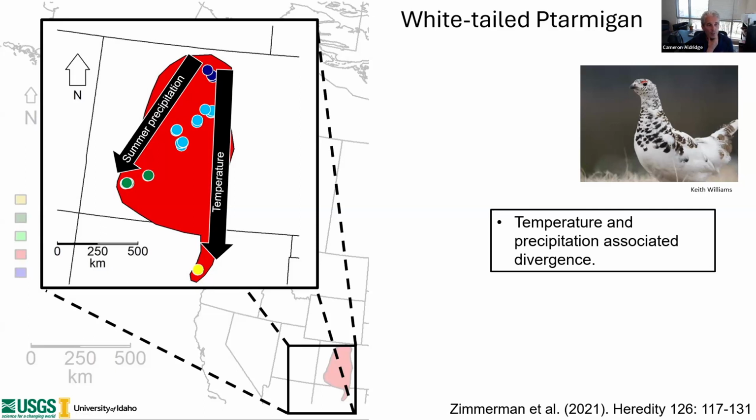And then also help us with thinking about, do we need to consider assisted migrations? Are there areas in these populations that do not have the genetic basis to adapt or the subspecies to cope with a warming climate? And do we need to assist those by moving birds in to get those genes into those populations?